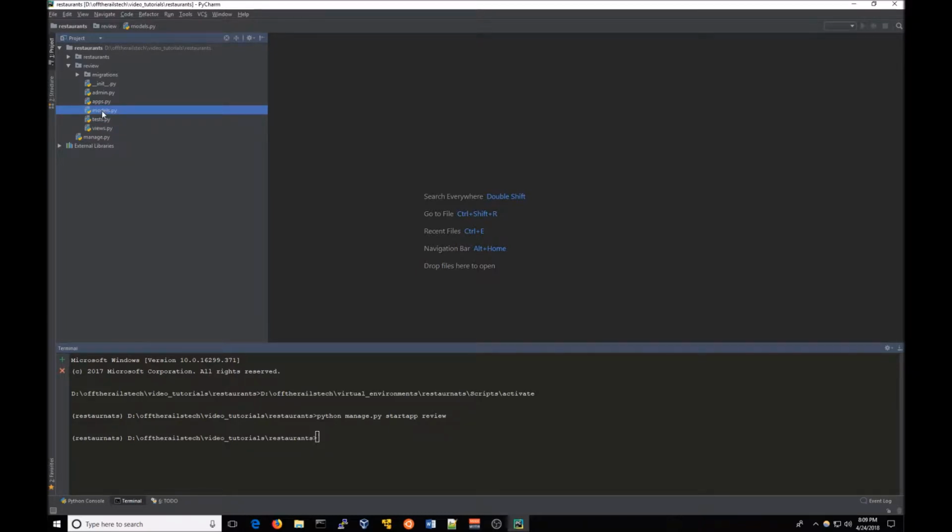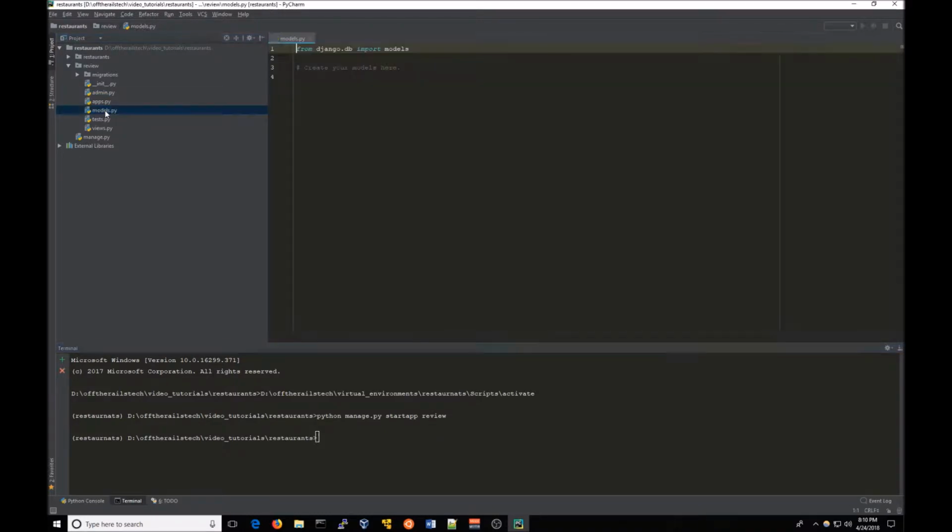So in this tutorial, I'm going to cover the models, and we're going to get into this admin a little bit because Django has an admin built into it. And that's going to be it for this first video, and then in later videos we'll get into views and some other stuff. So the first thing we're going to want to do is create a model, create a class,